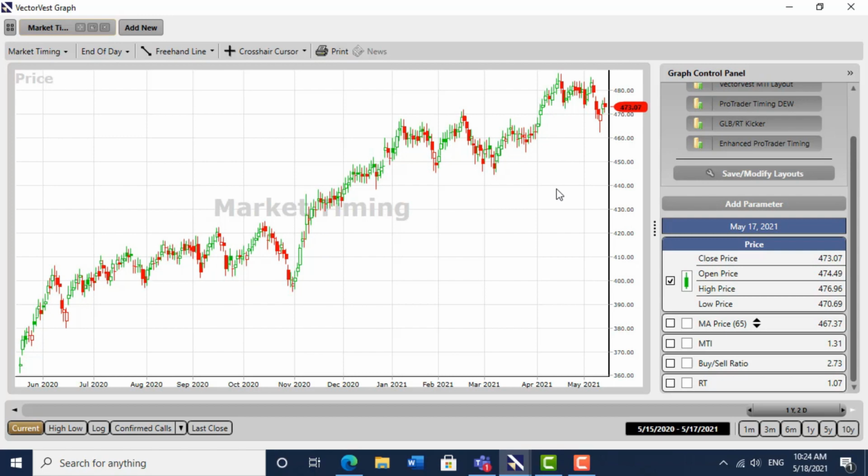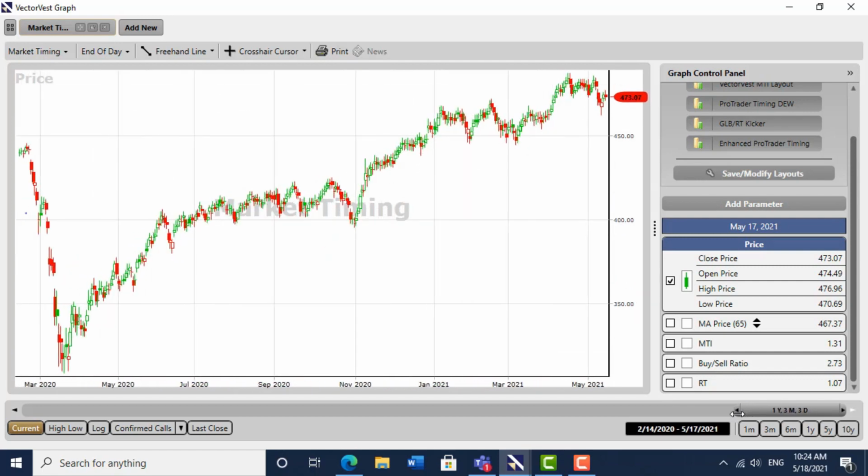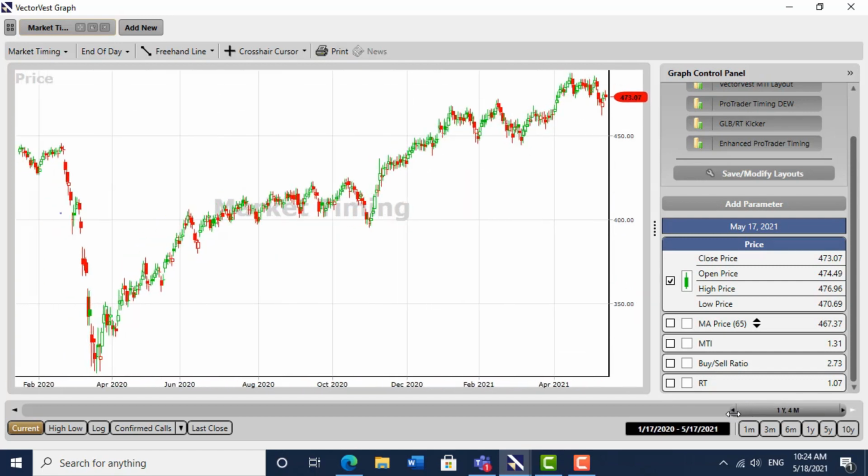It's an equally weighted index of all of the 2,000 shares that we follow on the London market. If I go back to the start of the sell-off, the COVID sell-off last year, and go down to the bottom here, I've just got a chart of the pure price, nothing else on it. This little drop down speaks about all the VectorVest market timing systems, of which confirmed calls are the longest term